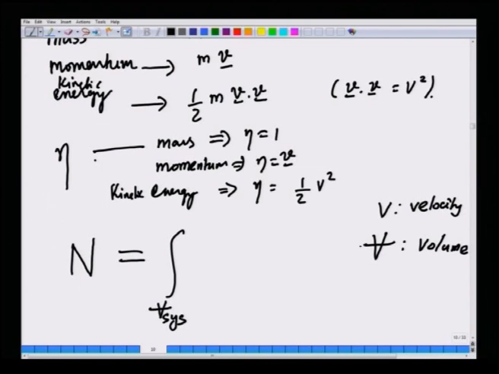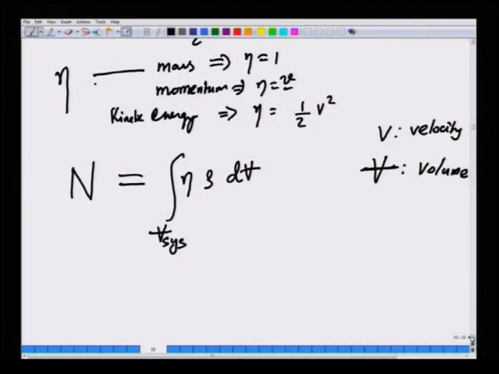So, to distinguish volume from velocity, I will use a cross. This is the volume integral over the system of eta, which is quantity per unit mass, times rho, which is mass per unit volume, integrated over the volume. This will give you the total amount of either mass, momentum or energy, depending on what you put for eta. Okay. So, this is a volume integral, and we are interested in